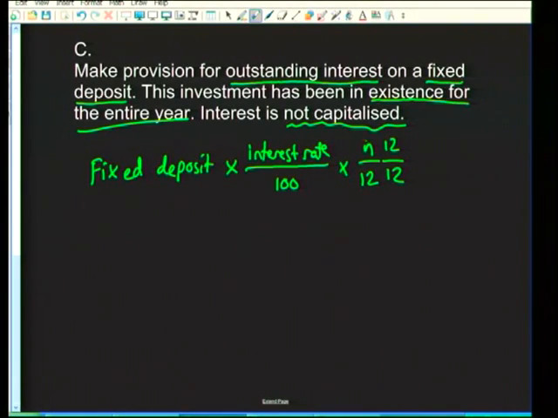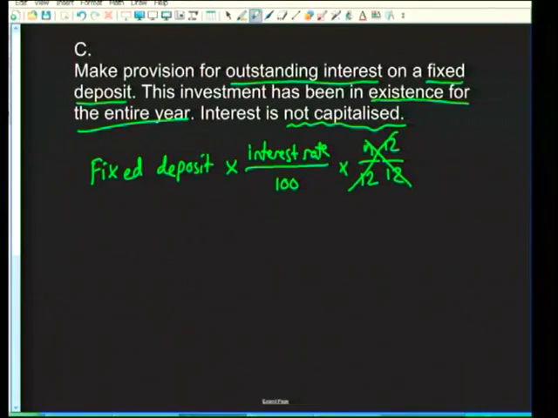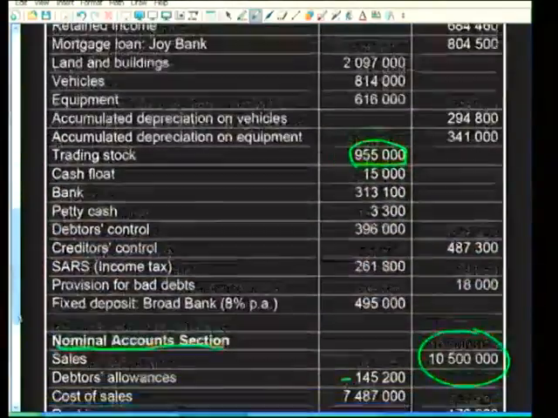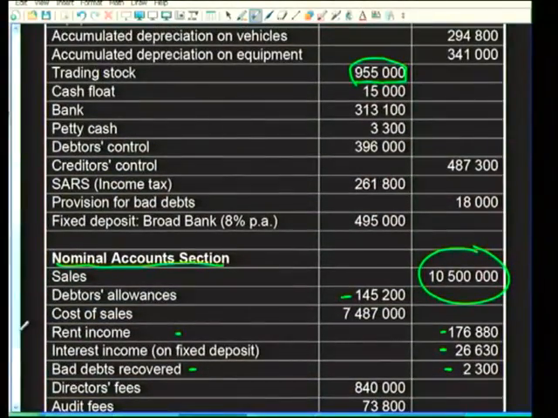So we don't actually have to worry about this part, because we know that we'll just multiply the answer by 1. So let's have a look at the information that we need. If we go back to our trial balance, here it is. Where is the fixed deposit? The fixed deposit is given here from Broadbank, and it's a fixed deposit with an interest rate of 8% per annum, and the investment is